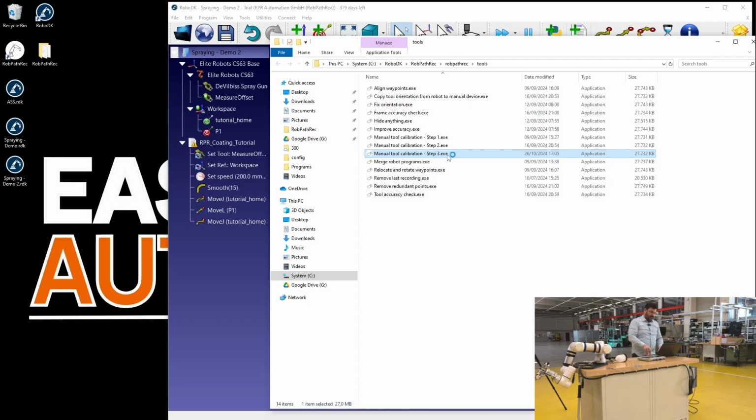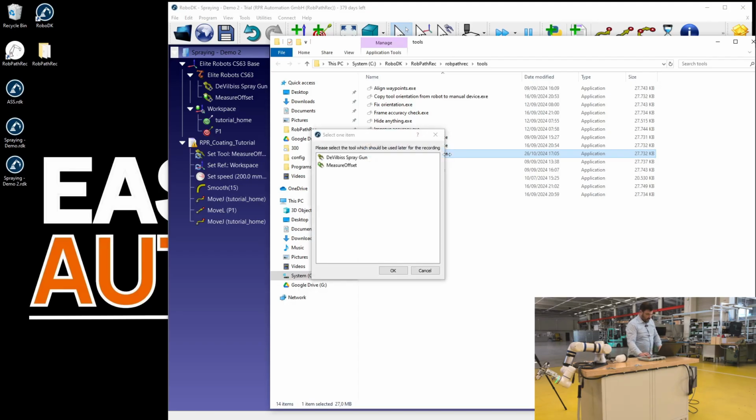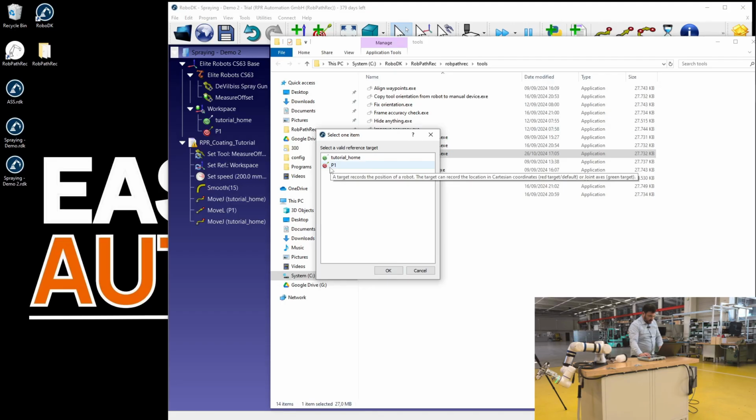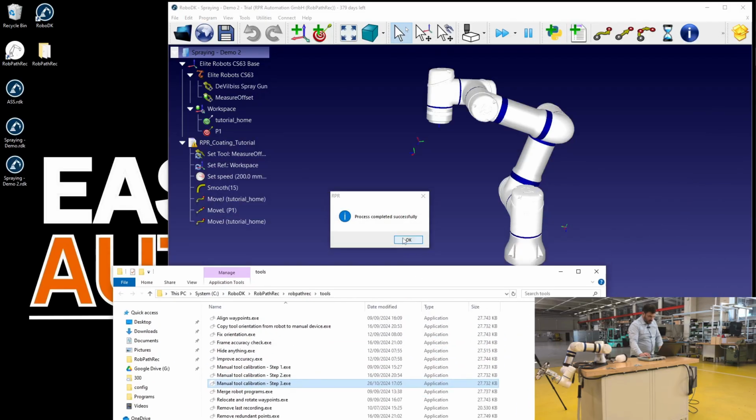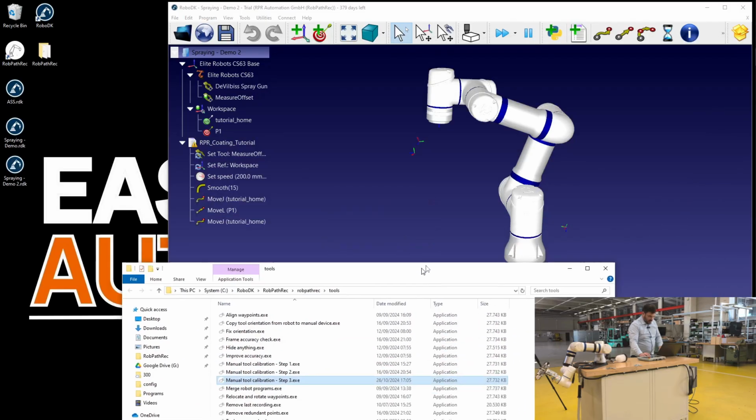First, it will raise the question which tool should be modified. So this is the measure offset. Okay. Which point is the reference for this target? This is the P1. Okay. And that's all. The process completed successfully.